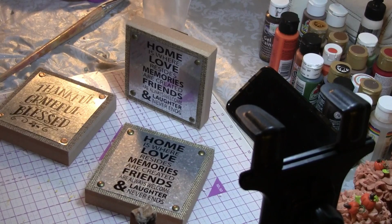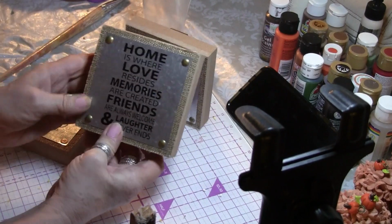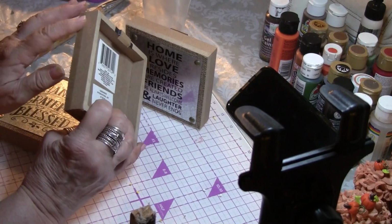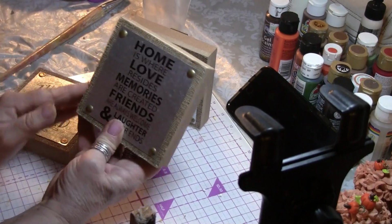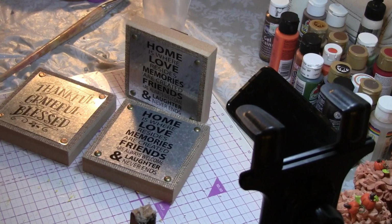Many of you saw when I did my Thanksgiving tree after looking at Liz's from Traditions by the Season. Absolutely loved what she did, so I did one. And I had these from a year ago, and I put a couple on my tree, but then I kept looking at them, and I didn't like this, okay? And I wanted more of the buffalo check and the black and white to show, because that's what I'm decorating